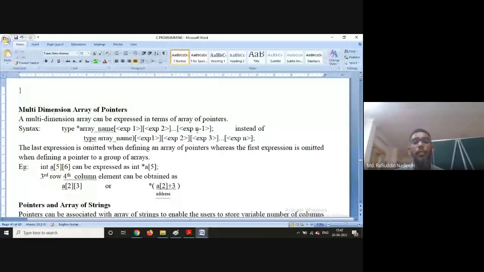See here, this is the regular syntax: array name of expression 1, expression 2, expression 3, so on up to expression n. But in this case, we write only up to expression n minus 1.